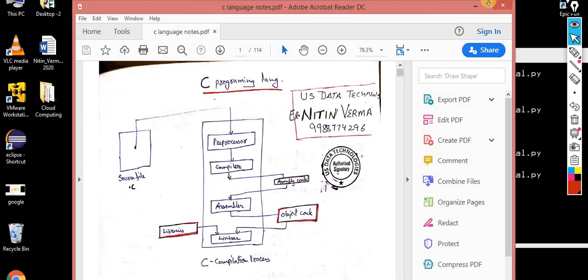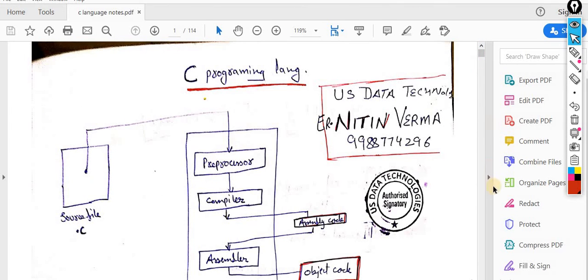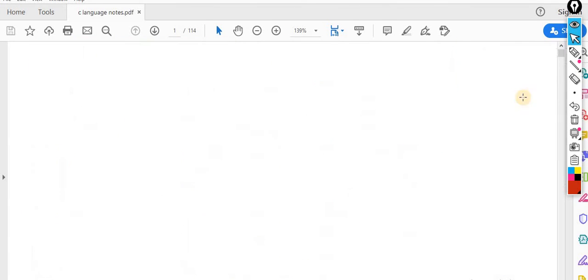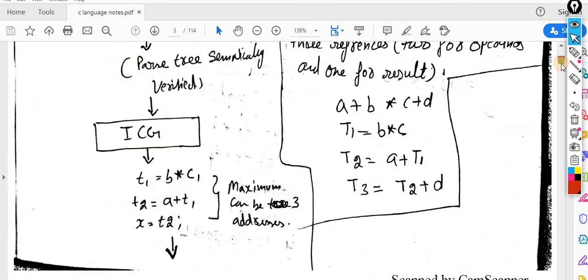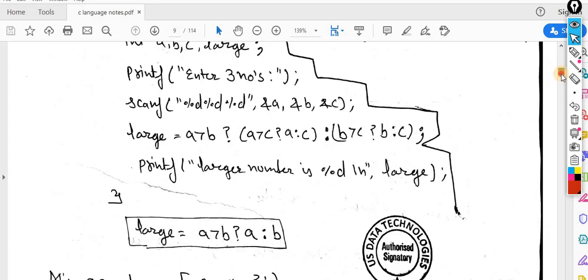Okay, so these are my notes on the C language. These are my notes that are written on the C language. So let me scroll down.